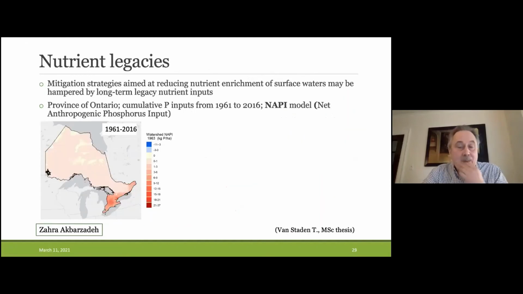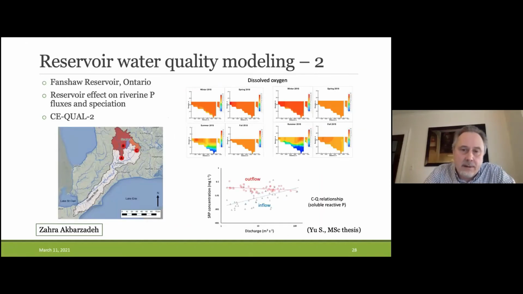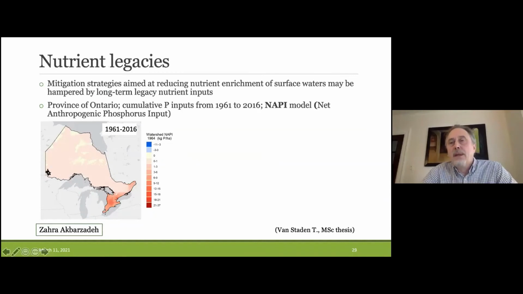All right, so that actually brings me, if I go back for a second. As I said, the reservoir here on an annual basis will retain phosphorus. So phosphorus is accumulating in the reservoir. This is an example of a legacy that is building up, in this case in the stream, but nutrient legacies